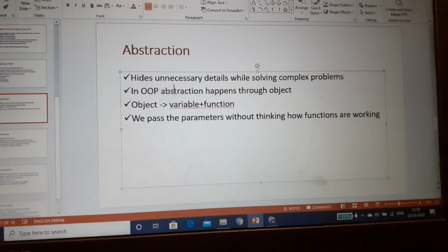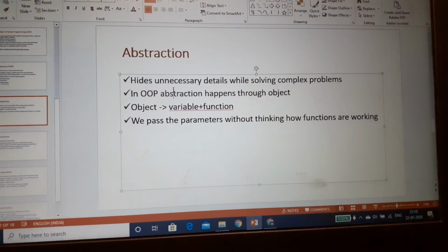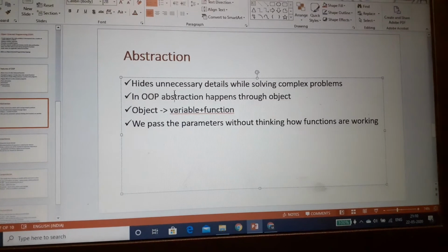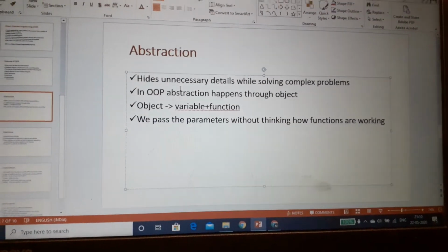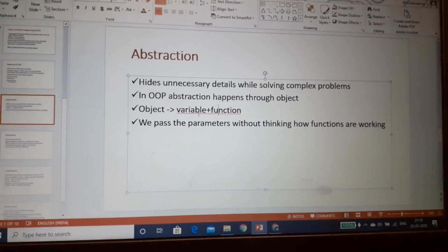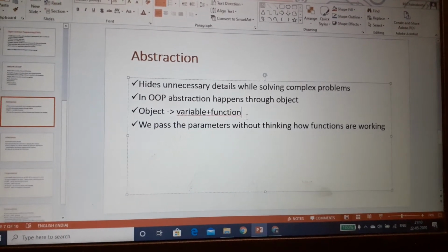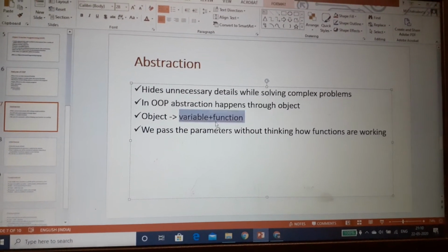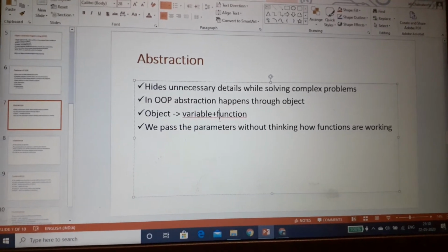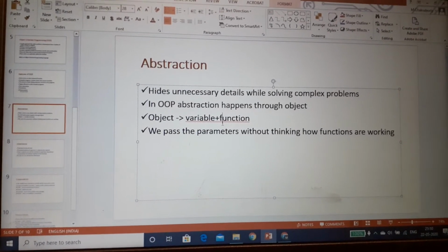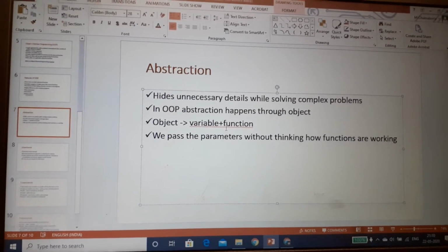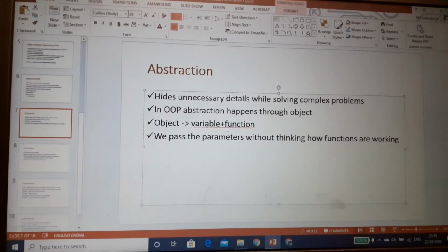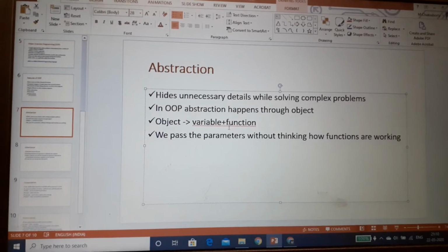So in object oriented programming, how does this abstraction happen? It happens through an object. An object is a combination of variable and function. A programmer writes the function, puts the logic in it, and mentions some variables, and those variables are used as the parameters of functions.